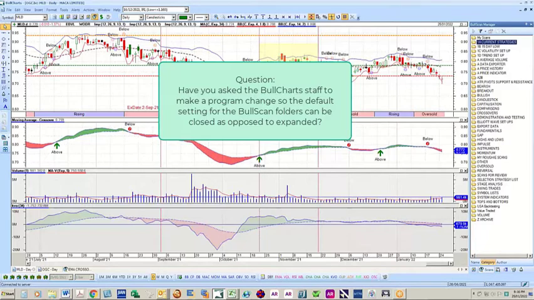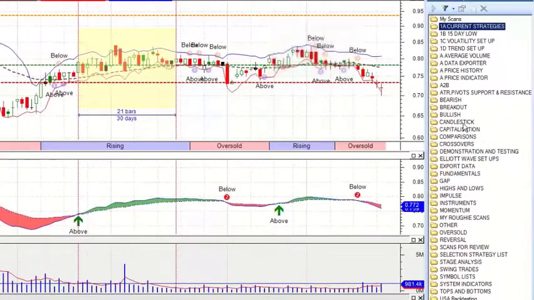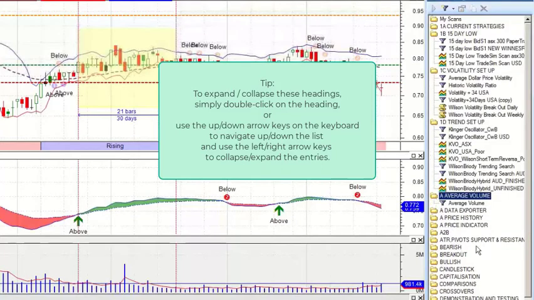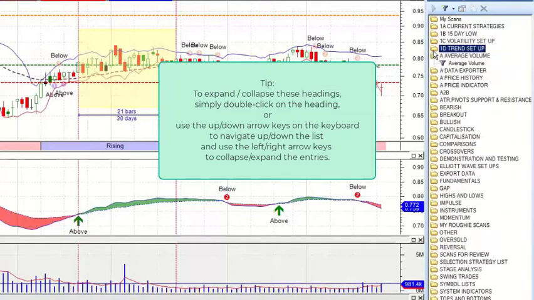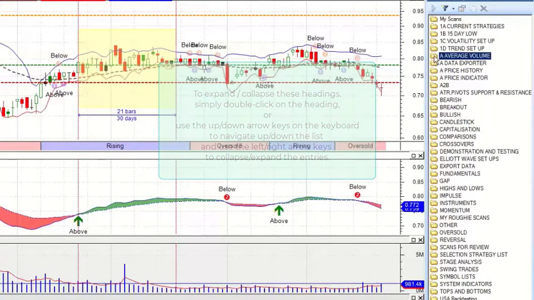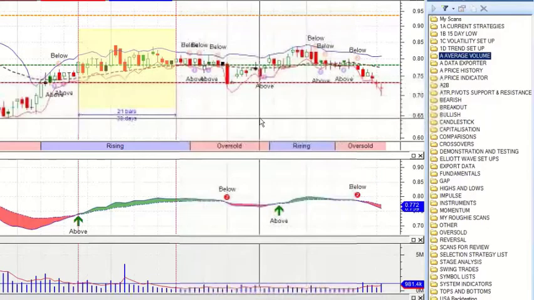What's the second question? Very good. On scan, yes, I have. I've got a request in to Brendan and the team, because what I find is that's the way I would like it to open when I open BullCharts. But what it does is each one of these will expand out, and that's the way it opens, so I then have to go back. So I've actually got a request in, asking if it's possible to have it default to a user-defined default, or the last way it was left when we closed it out.